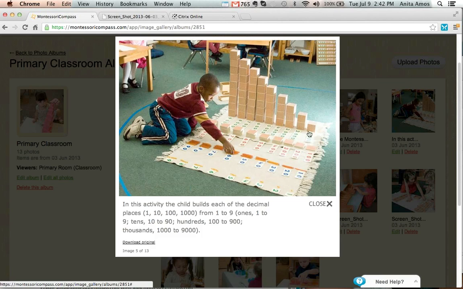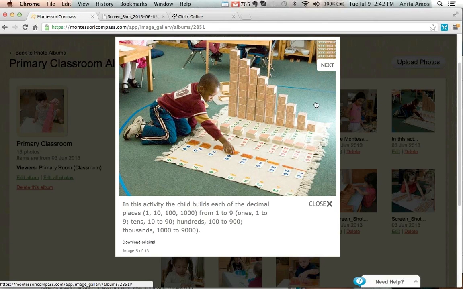This is one of my favorite photos that we have in this little collection here, and I don't care if this is my child or not. This is just a fabulous photo, and it's really impressive. If I'm a brand new parent with a new child in a Montessori classroom, and I see something like this by one of the older children, it's really something impressive. Like, I can't wait till my child's able to do this sort of work here.